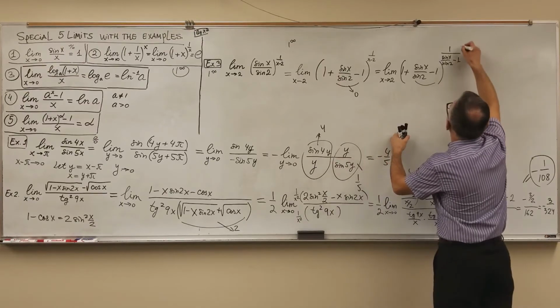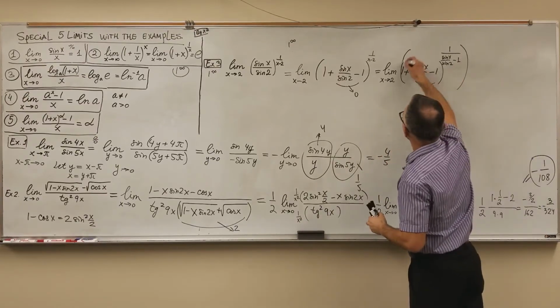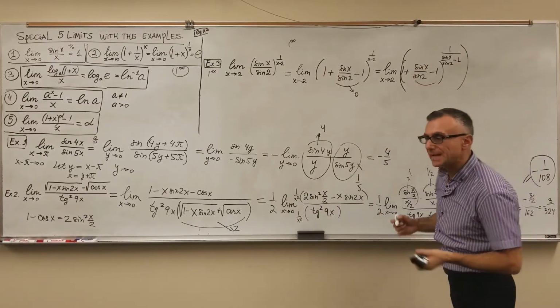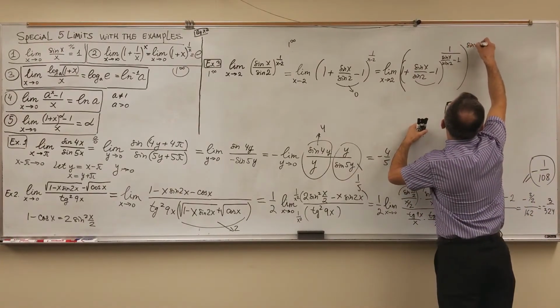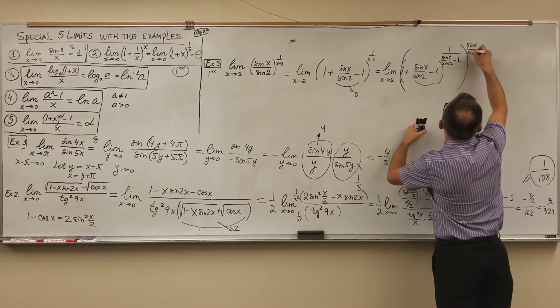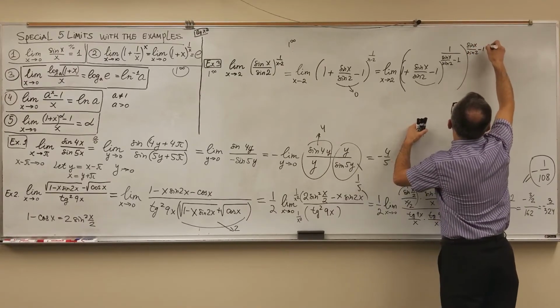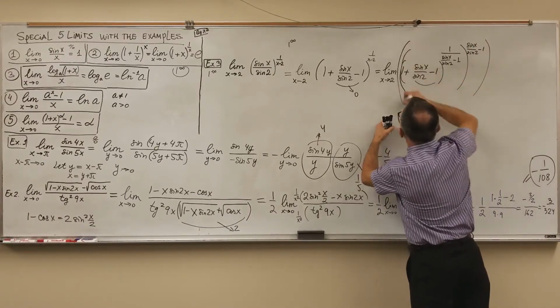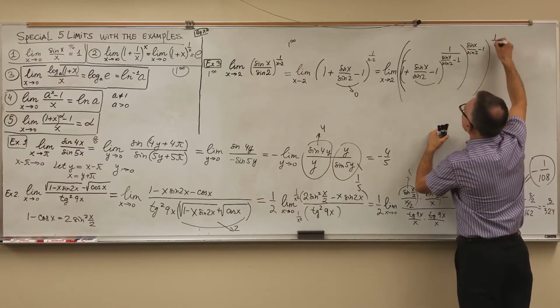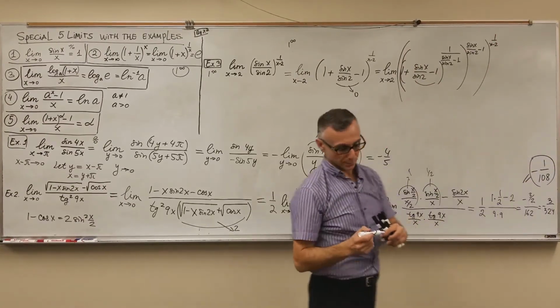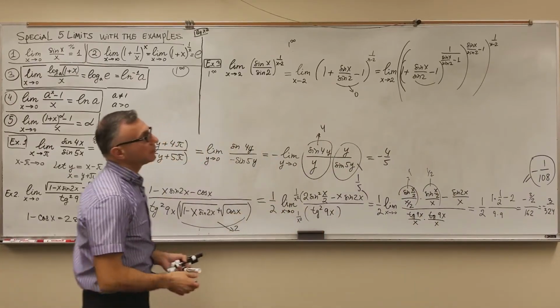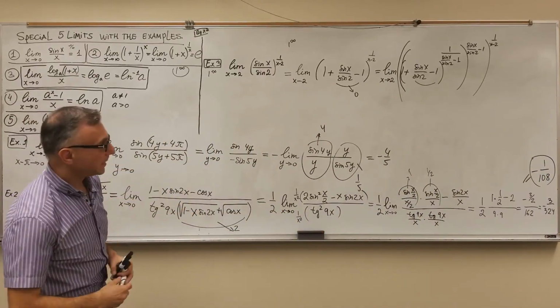But I never had that power before, so I will compensate for it by taking the reciprocal, sine x over sine 2 minus 1. And finally, I will have my original power 1 over x minus 2. I hope that's clear. A lot of nesting here,